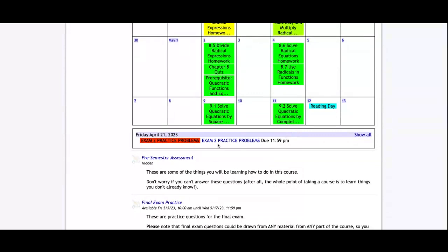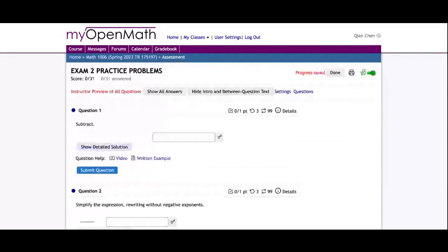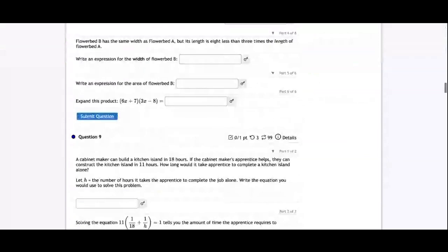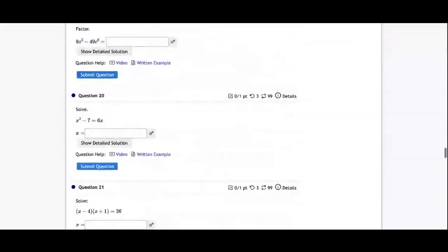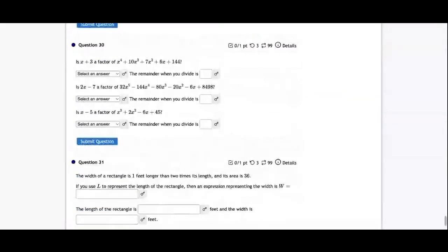So for now, what's important is this exam 2 practice problems, all right? Make sure you know how to do every one of them. If you master this, you master your second exam. There are 31 questions in total. Okay, I'm going to